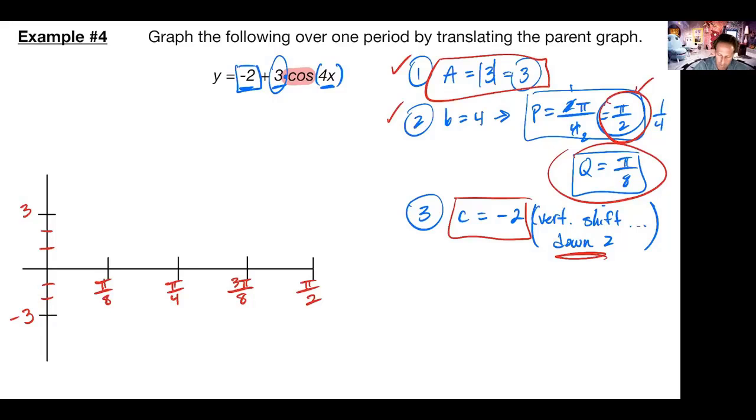So I will start by plotting my original ones, just so that you can all see it. It would have been my 1, 0, -1, 0, and 1. And notice when I say it, I still say it with the ones, even though my amplitude changed, because I just got to label that and know that it changed. But to get the hang of this and be able to graph it quickly, I just keep saying the same things over and over, and then I'll adjust everything else after. Then I'm going to take every single one of those points and shift them down 2, which would now put me there, there,